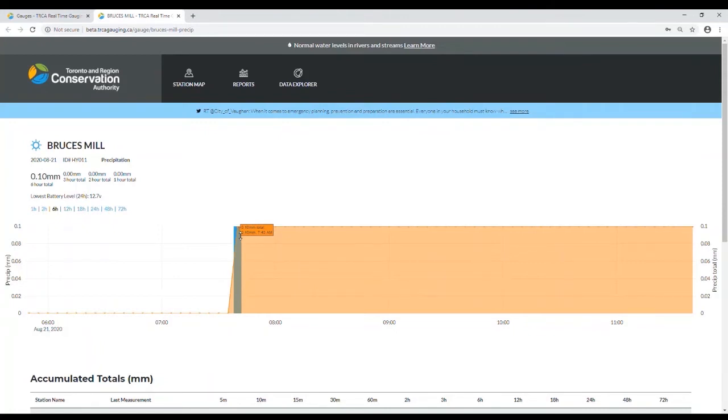Precipitation or rainfall data is displayed in a combination chart using both a bar chart and line styles. The discrete individual rainfall amounts are displayed as the blue bars and represent a 5-minute rainfall total in millimeters and correspond to the amounts shown on the left-hand side axis of the chart.